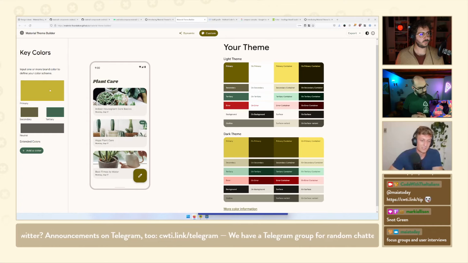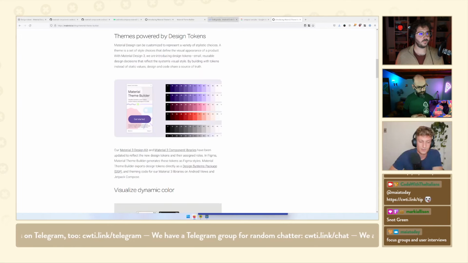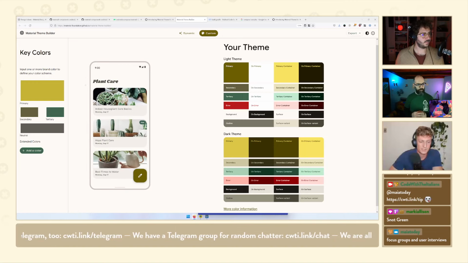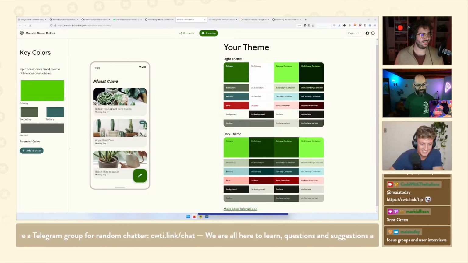You've got a visualization of what it might look like in the middle, and then you've got your theme on the right, and you can export that in Compose or for views like XML. I think it's quite nice to visualize it. So here, if we drop in that hex code. I'm gonna have to be a bit low tech, I guess. You have the RGB values, nice.